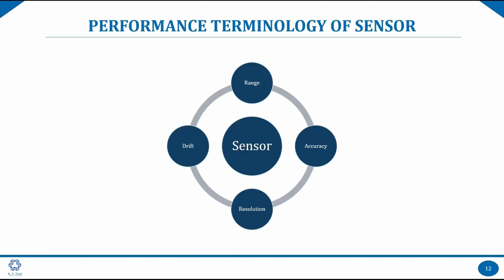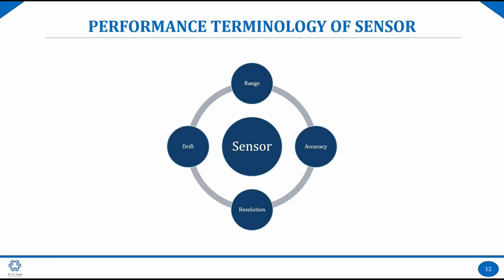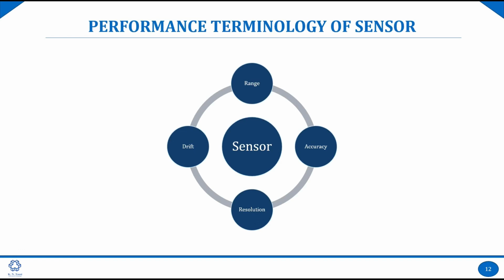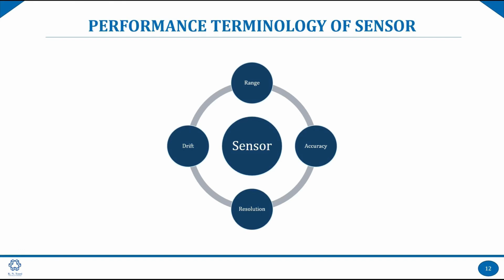Choosing the sensor, we must consider some items. One of them is range. Range of the sensor must cover the operation range, because if it is lower than the operation range, we can't control precisely. And if it is higher than the operation range, it costs extra money. The next item is accuracy. It must have appropriate accuracy so we can control the system